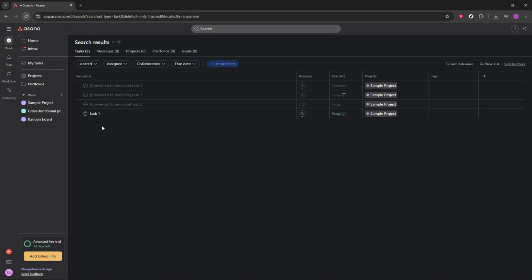You log in, open your project, use the search bar, switch to the advanced search, set status to deleted, run the search, and click the trash bin icon beside the task you want to restore. With this process, you can recover work quickly and